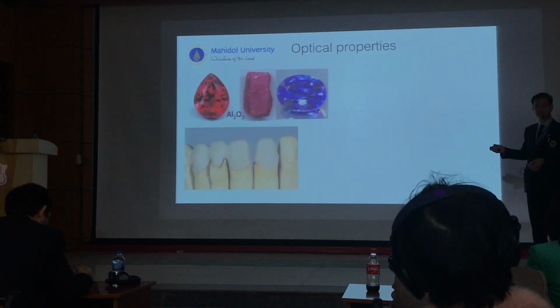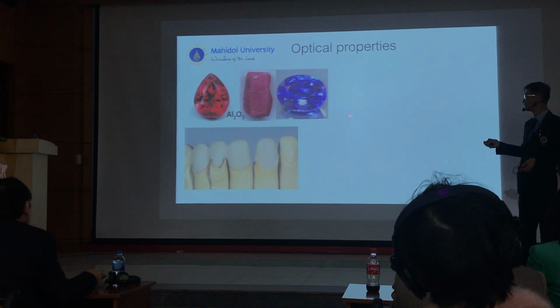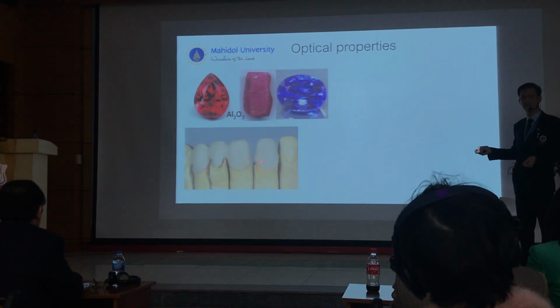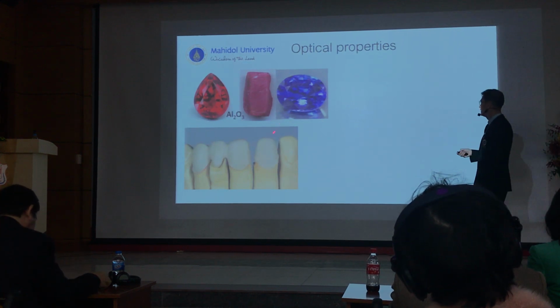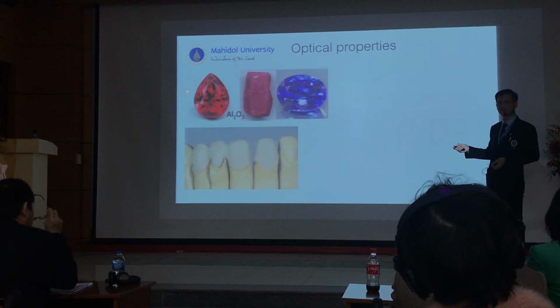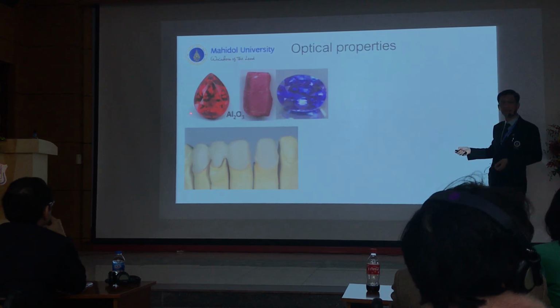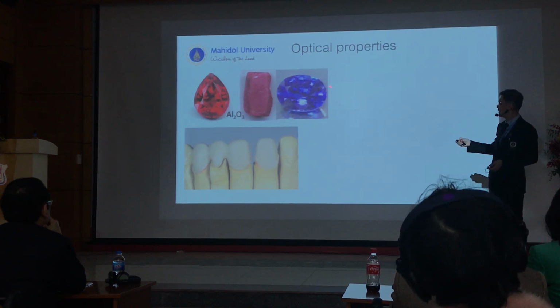This is alumina in nature, which looks like this. The ladies love it. And this one is alumina that we made for the structure of the crown. Because this one is a single crystal, it's just one crystal, that's why it's very clear and the light can pass through easily. But you can see different colors, maybe from contamination by other oxides. You can see this one is a single crystal.